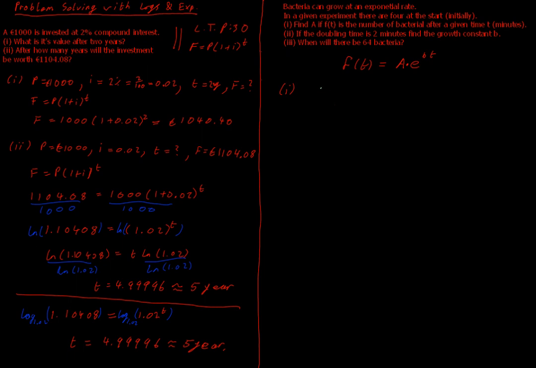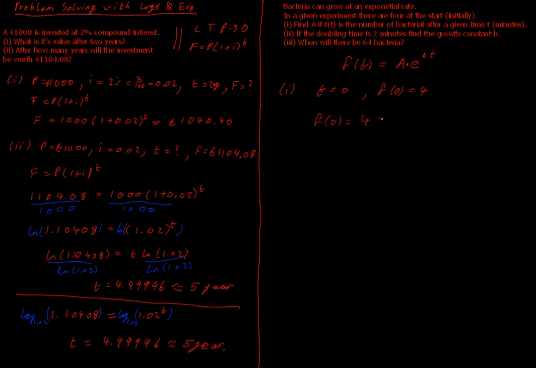Well, what does that mean? It means at the start is when t is equal to 0. And I'm told that f of t, or f of 0, is equal to 4. So I'm told that when I start, I have 4 bacteria. So let's sub that in and see if we can use it to find A. So f of 0